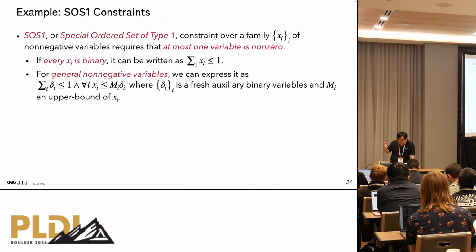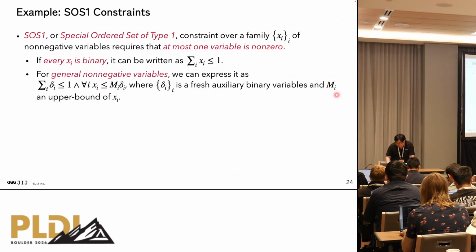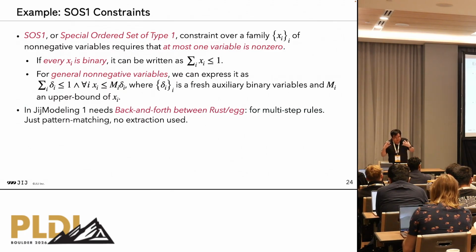And for general non-negative variables, not necessarily binaries, we can express it like this, with fresh auxiliary binary variables delta i's, and each upper bound of each x_i, m_i, and we express this as an SOS1 on the deltas and this kind of upper bound constraint. Well, and if you want to detect SOS1 on general non-negatives, so this kind of